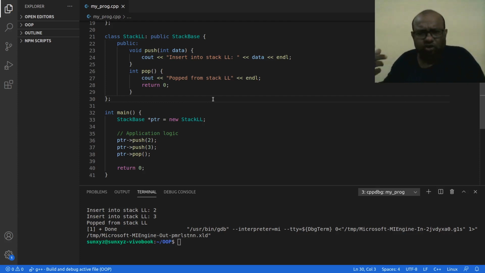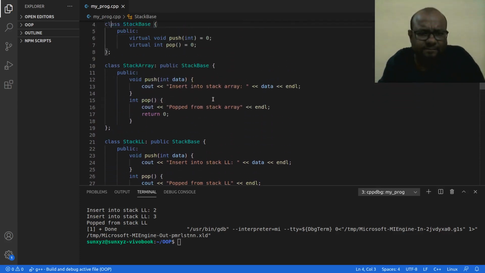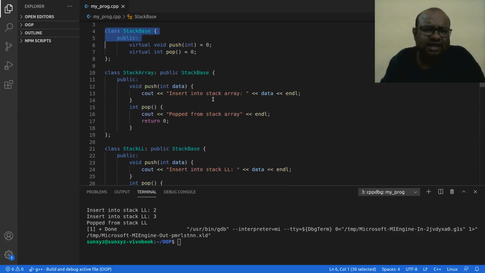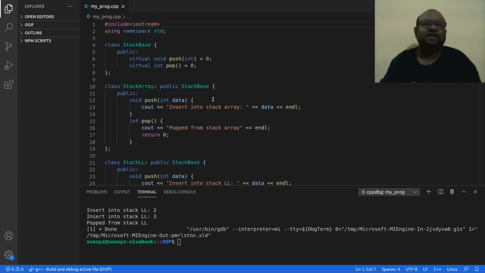So with that knowledge and the knowledge of what this push and pop are going to do, push is going to put something at the top of the stack, pop is going to return that something from the top of the stack, right? With this knowledge itself, I can use this stack base, and I can go ahead and create my application, right?